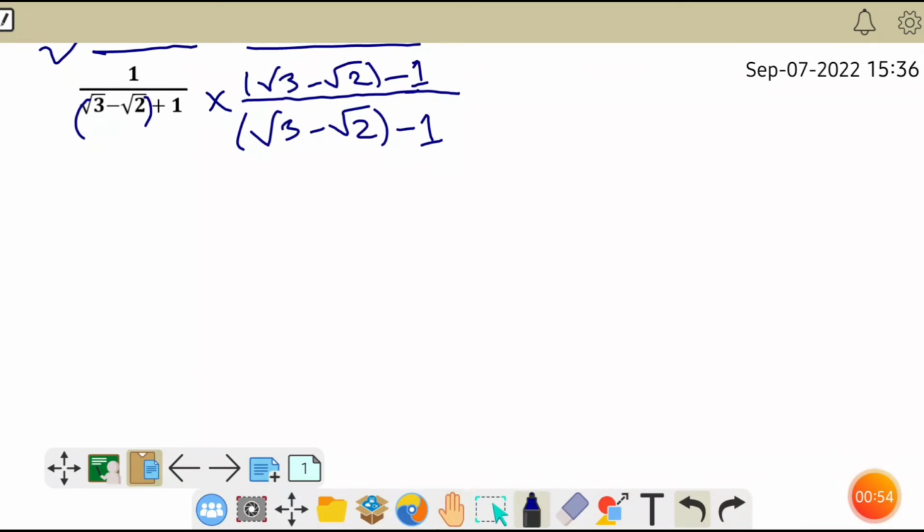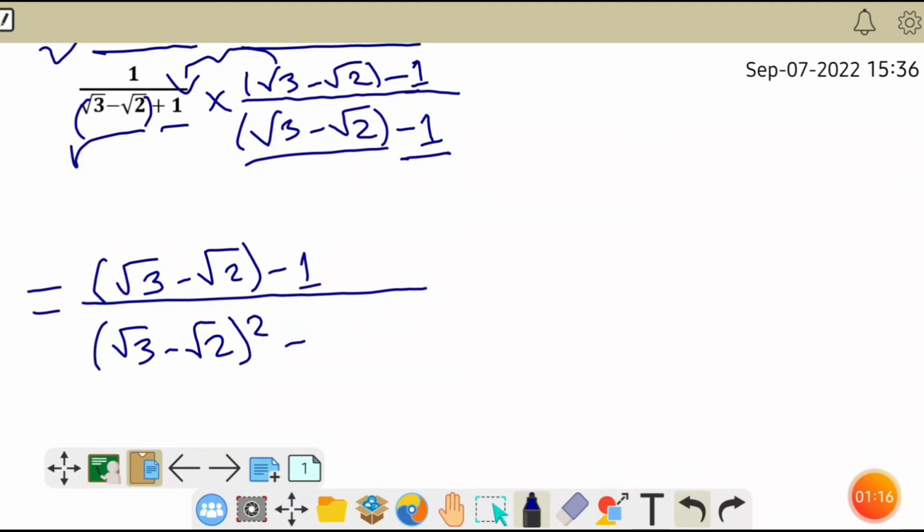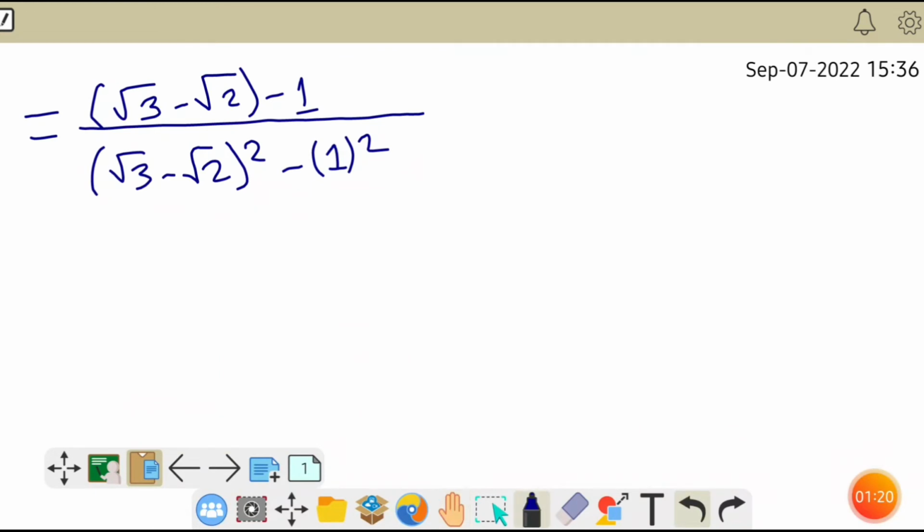Now by multiplying, we'll get in the numerator root 3 minus root 2 minus 1 into 1, which will be root 3 minus root 2 minus 1. And in the denominator, as always, we have (a plus b) into (a minus b). Here a is root 3 minus root 2, so a square, minus b, which is 1, so b square. In the next step, we have to open the bracket, root 3 minus root 2 minus 1,